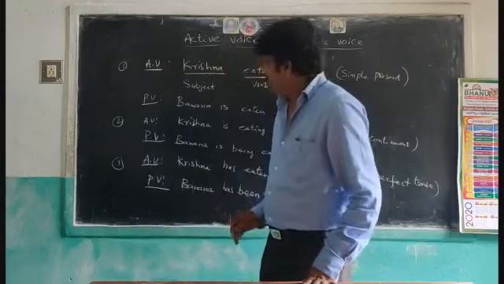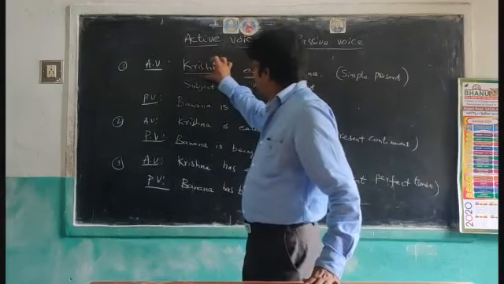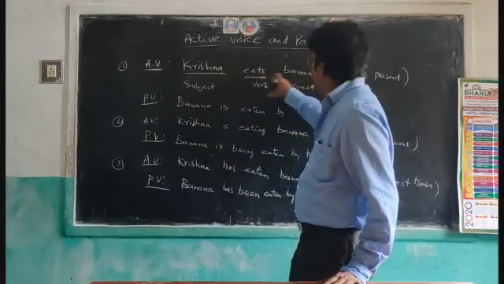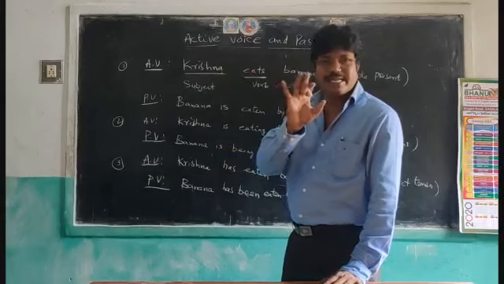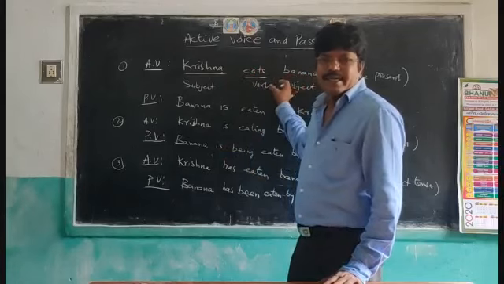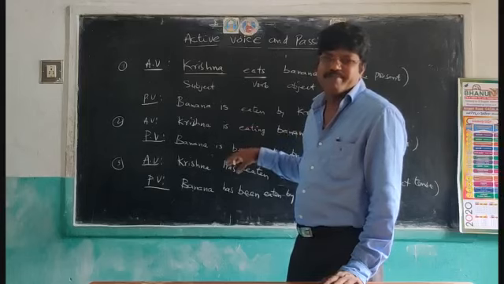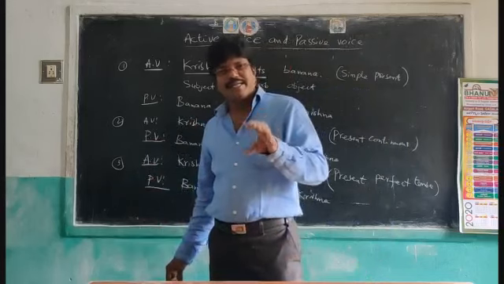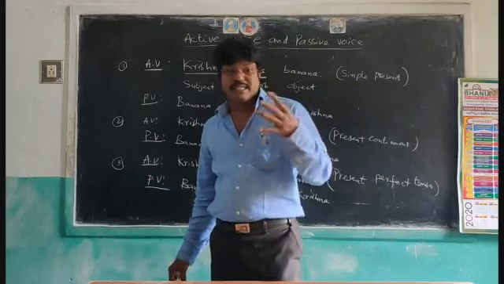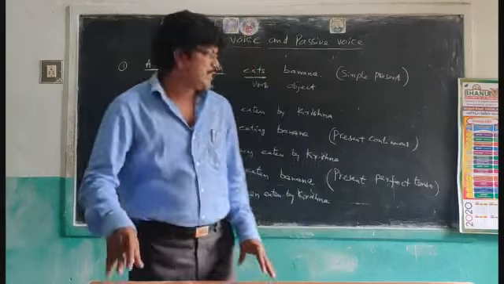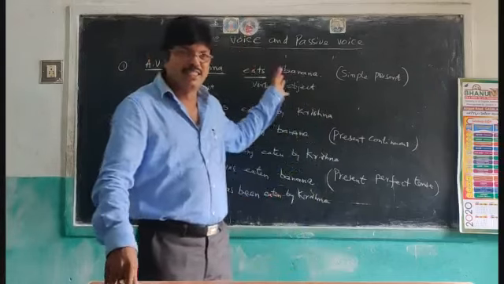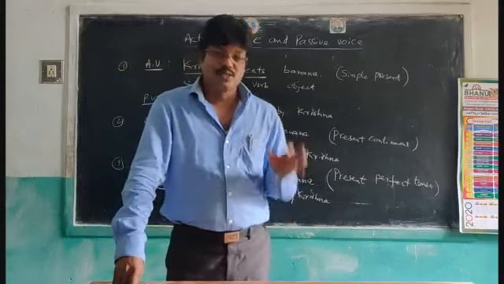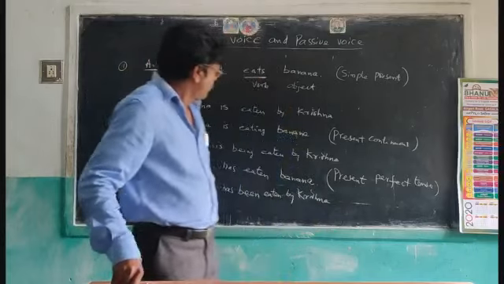Again, I write one sentence in three tenses. I take only one sentence, Krishna eats banana, in simple present, present continuous and present perfect. Like that, you practice some more sentences. Write one sentence and change it three times. Again, we will practice past tense tomorrow. Okay, copy down, children.